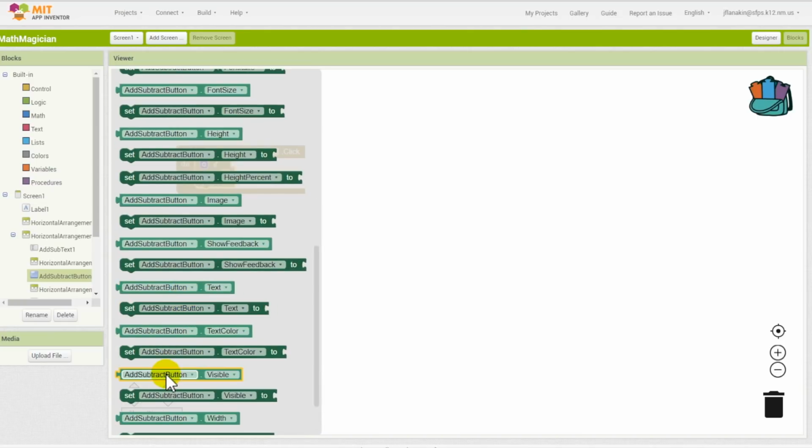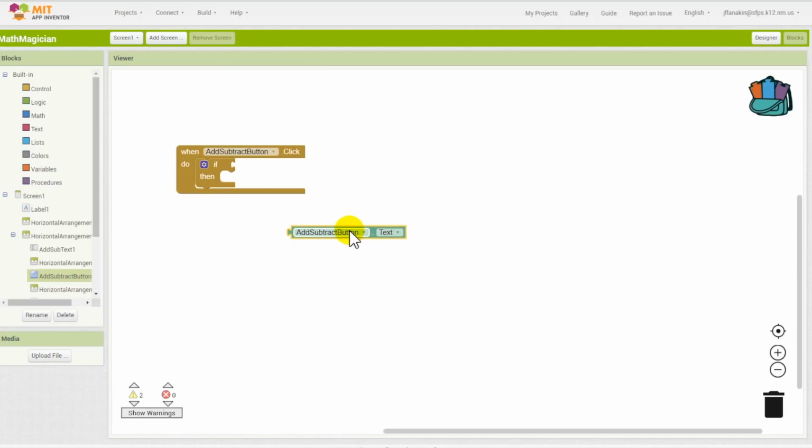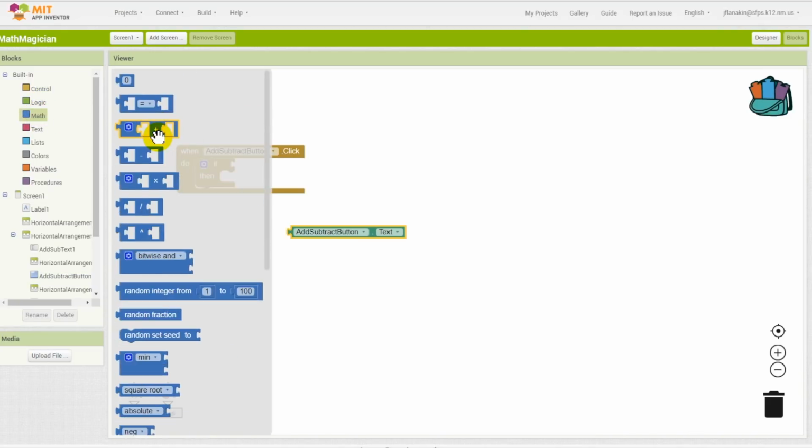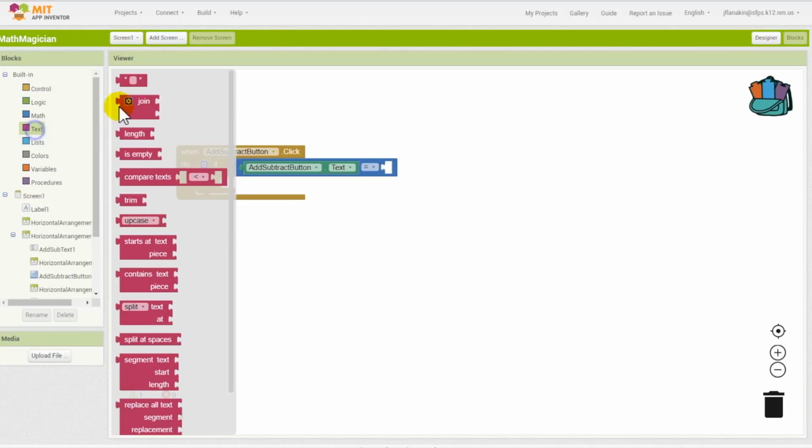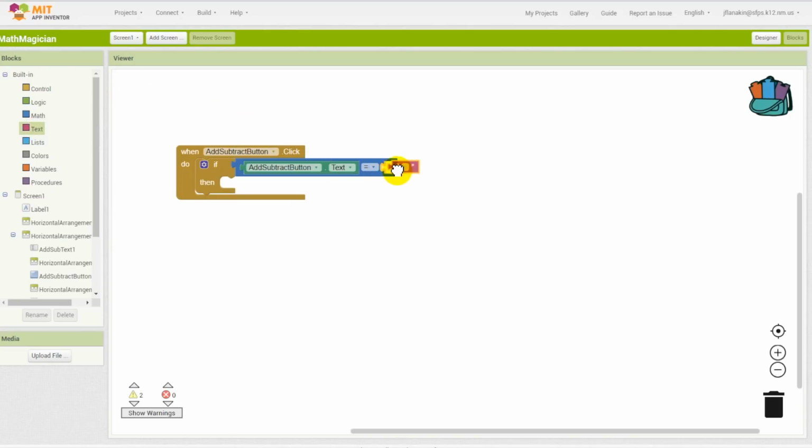and I'm going to grab this, add subtract button text, is equal to. So I'm going to find math, and I'm going to find the equal block. I'm going to attach that to the if. So if the add subtract button text is equal to, I'm going to grab a blank text box here. If it's equal to plus, so if it says plus,